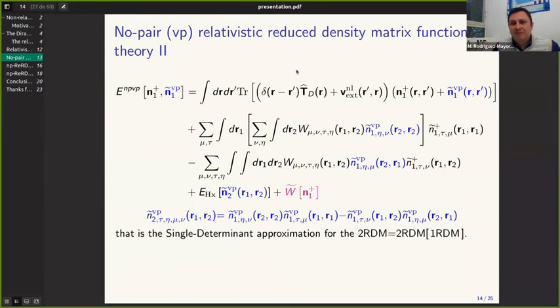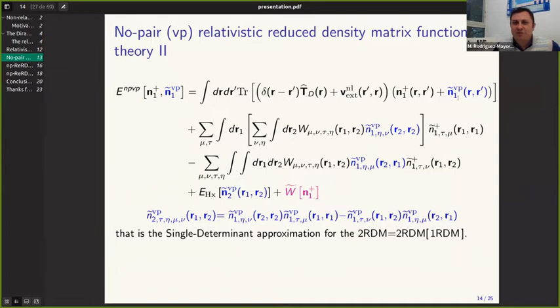So after plugging all this information, we can build a functional for the no-pair 1 RDM, including these vacuum polarization effects, where we account for all one-body interactions with the first term in the first line, including for the 1 RDM and for the vacuum polarization 1 RDM. We have two terms that